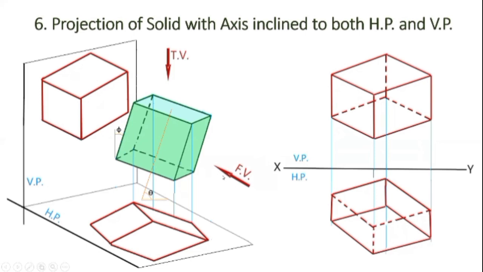Looking from front view, we can see three faces. This rectangle face, then this rectangle face, and this face is visible from the front view. So we have drawn here three faces. We can see three faces here, and the remaining faces will be hidden behind this solid. Looking from the top view again, we can see three faces, this one and two behind this.